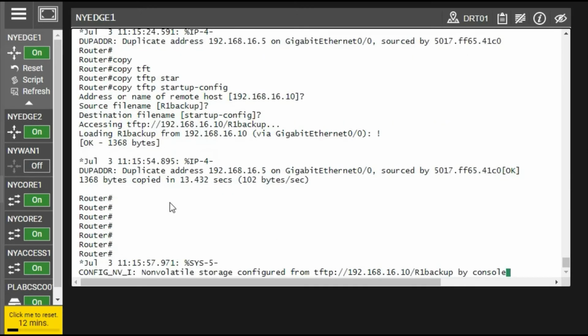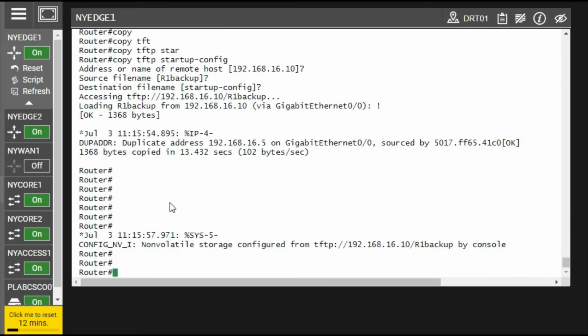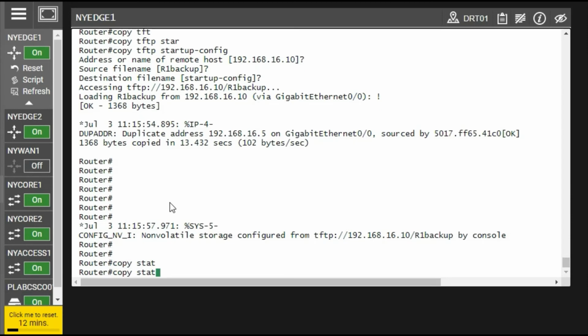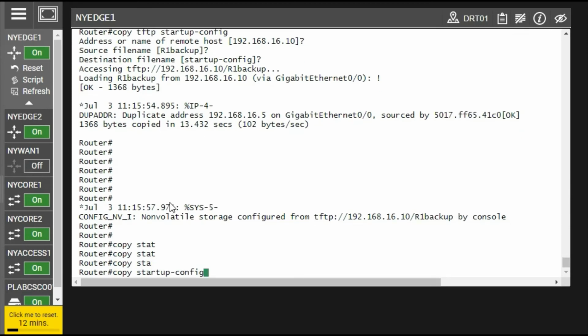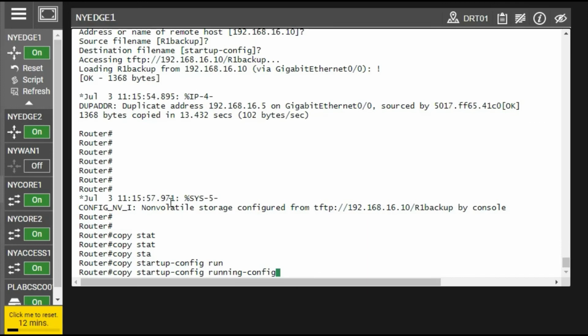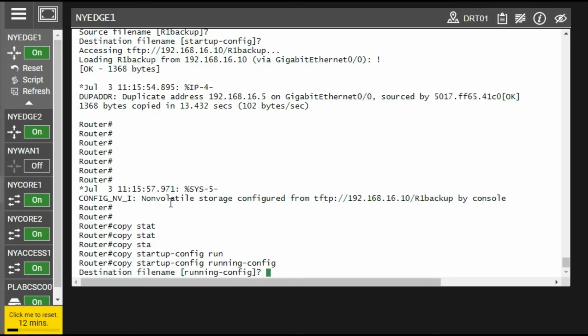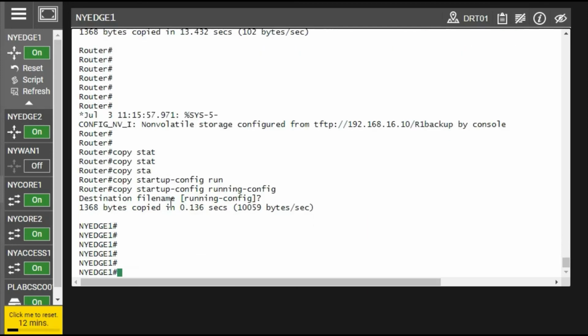still your router host name is the same. So there is no running config. So make config copy startup into running config. Yes, so you can see your host name has been changed, and show interface description.